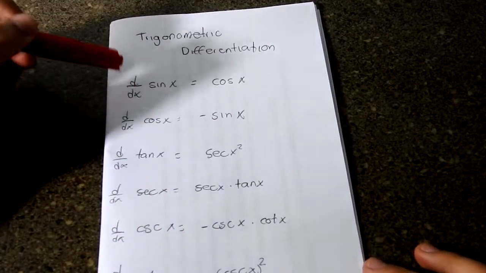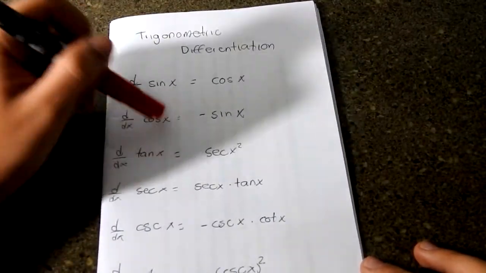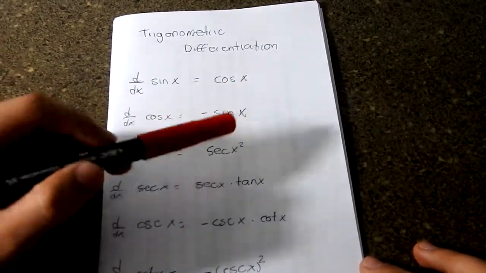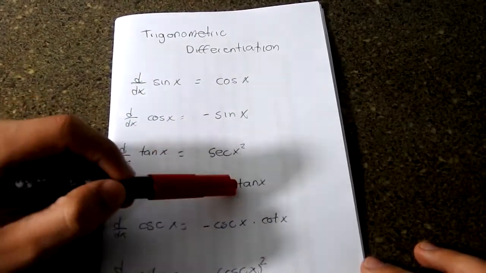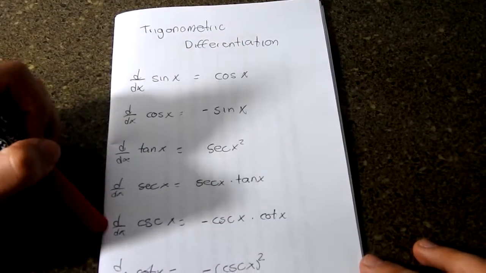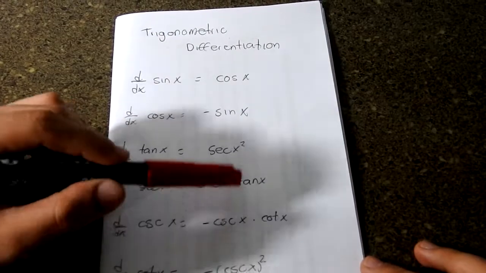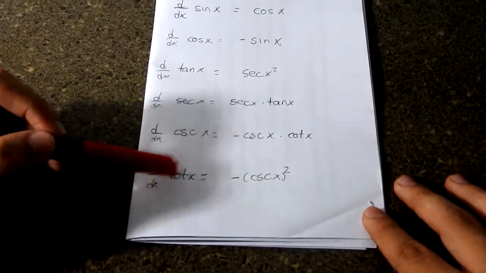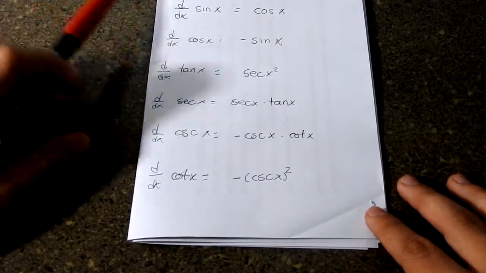For example, here we have the derivative of sine x is cosine x, derivative of cosine x is negative sine x, derivative of tangent x, secant x squared, derivative of secant x is secant x times tangent x, and then we have derivative of cosecant x is going to be equal to negative cosecant x times cotangent x. And finally, we have the derivative of cotangent x that is equal to negative cosecant x squared. Now, knowing that, we're going to practice some